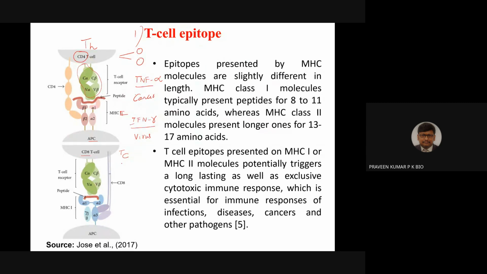So like this, if you see the cytotoxic T cells, which have CD8 on the surface along with the T cell receptors, they interact with the MHC1 molecule. An antigen presenting cell has MHC1 or MHC2, or it can have both also. Some APCs have both MHC1 and MHC2 on the surface. But the MHC1 of the APC interacts only with the CD8 and T cell receptor of the cytotoxic T cell. If it interacts, obviously the cytotoxic T cell gets activated.